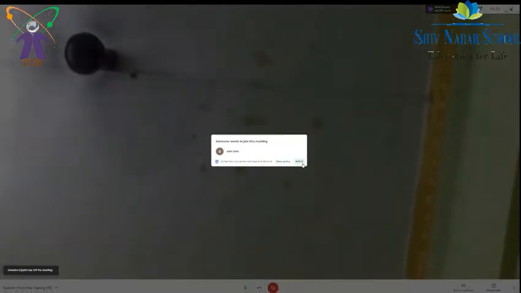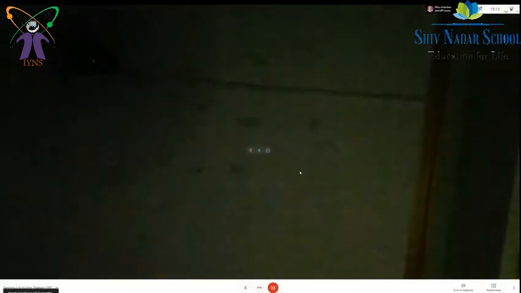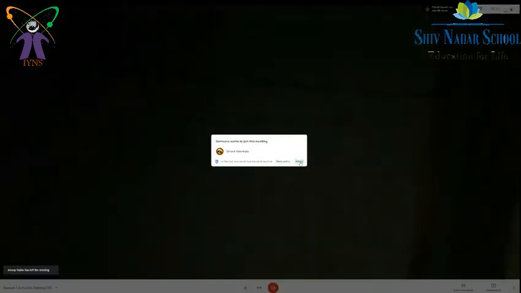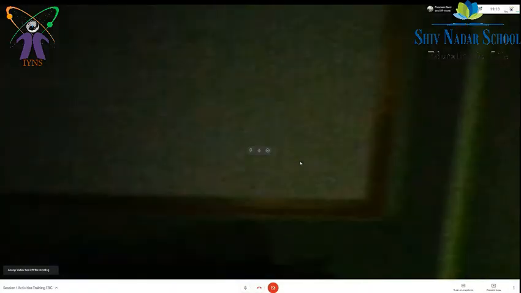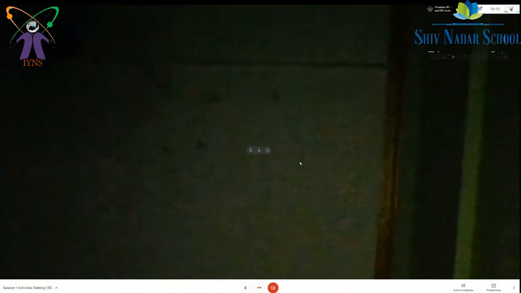Now I will switch off my light and close the door so that we get better contrast. Let me give it a little bit more height.